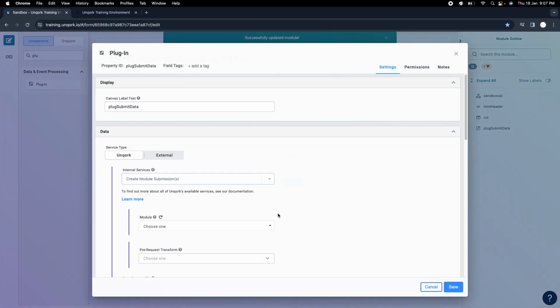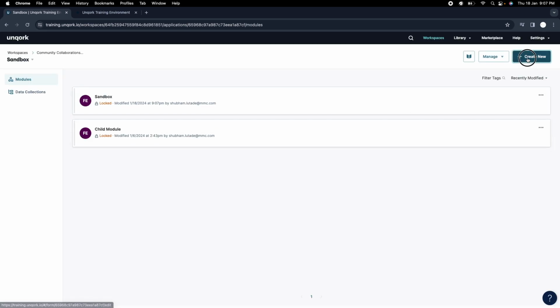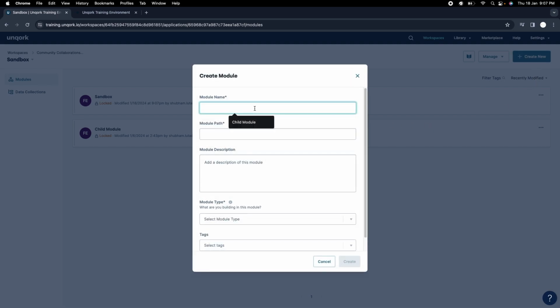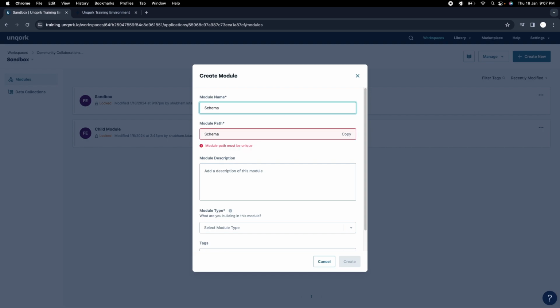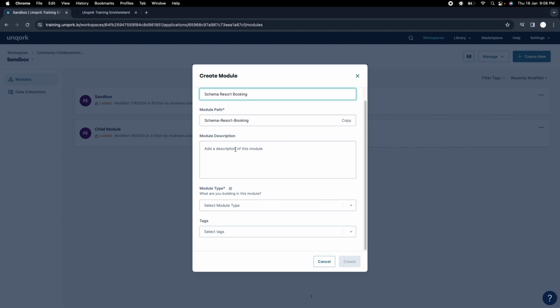For that, we need to build a schema, right? So let's go to our application. We'll create a separate module for it. Okay. So here we'll create a separate module for it and we'll name it, I'm just writing schema here. Okay. And then maybe we'll give the name as resort booking, right? So this module we are creating,